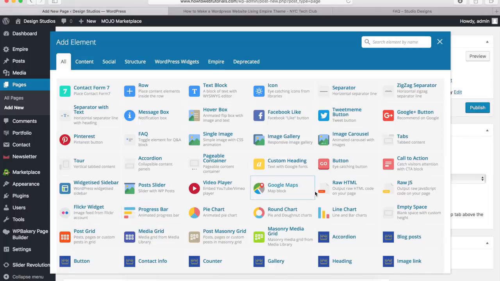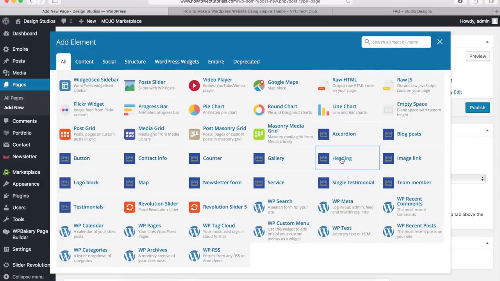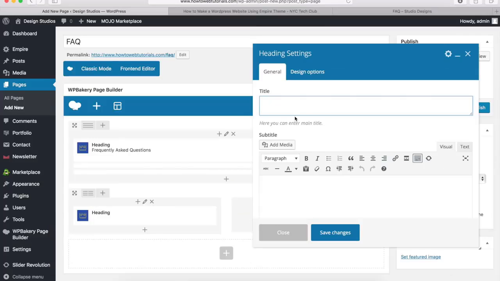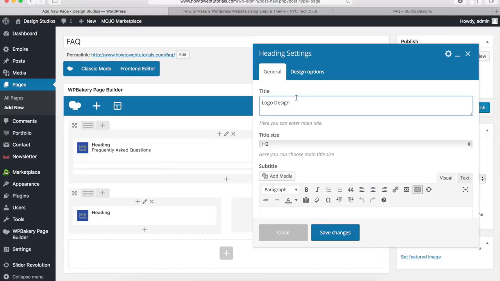So click on the plus button and then find the heading element and click on that. And once you get this pop up, all you have to do is type in the title for this section. So mine says logo design for the first question and answer section, and I want to leave the title size